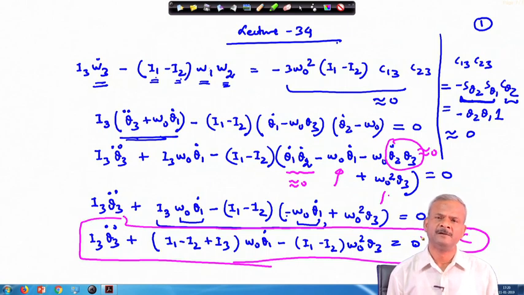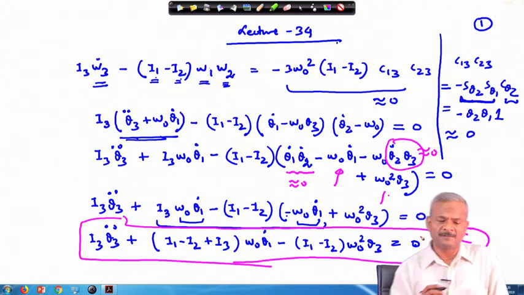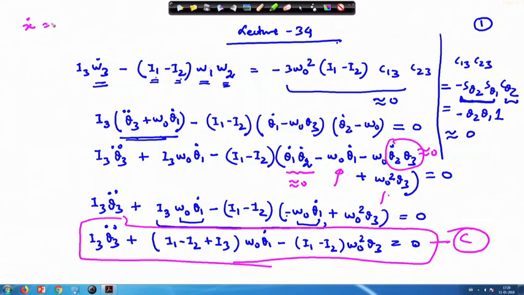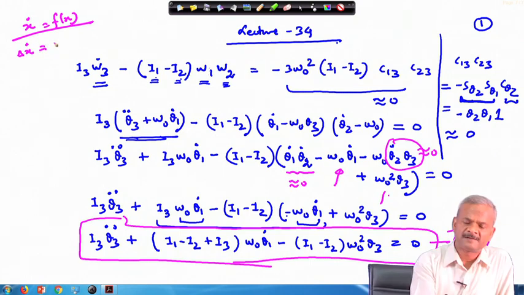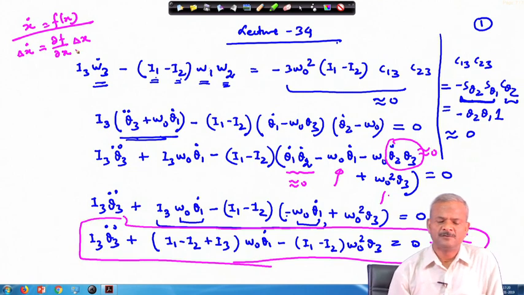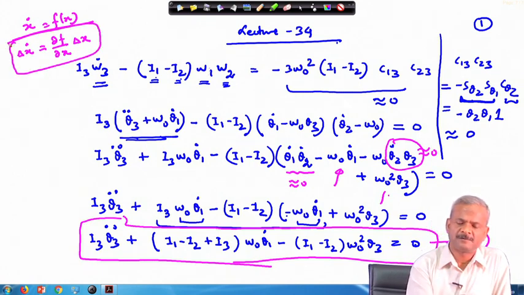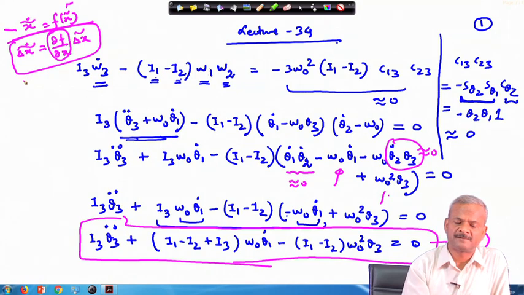While if the eigenvalues are lying in the right half complex plane, then the system is completely unstable, there is nothing to do. Here I can say that x dot equals f(x). I can linearize the system and write it like this, ∂f/∂x times delta x. So this is a linearized system. Let us look into this: in this format, x tilde is a vector, so we can put a tilde here to indicate this is a vector, and this becomes a matrix.